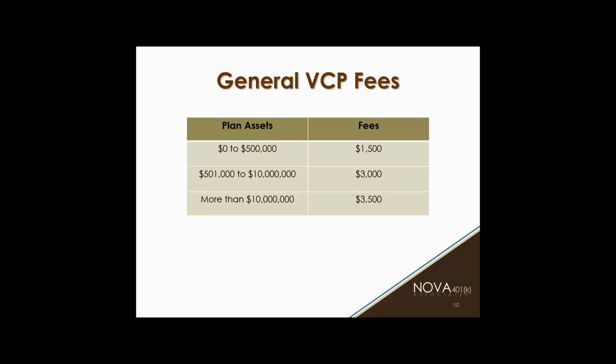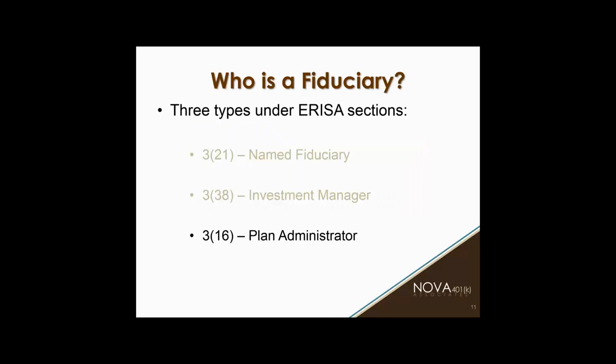So just to give you some idea, if you did have to submit a VCP filing with the IRS, there is a filing fee, and depending on the size of your plan, the amount of money that's in it, the fee varies. Most plans probably fall into the middle category. So to fix a problem and just to pay the IRS fee is $3,000, and that doesn't include the cost for NOVA to complete any corrective calculations, or if the company had to make up contributions to employees, it doesn't include that amount either. So again, this is why this is important. We want to talk about some of these common errors so you can avoid them and avoid these types of fees.